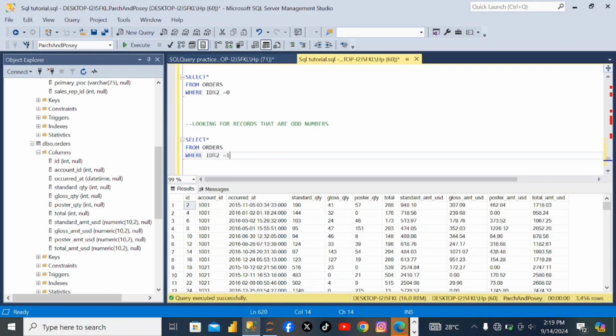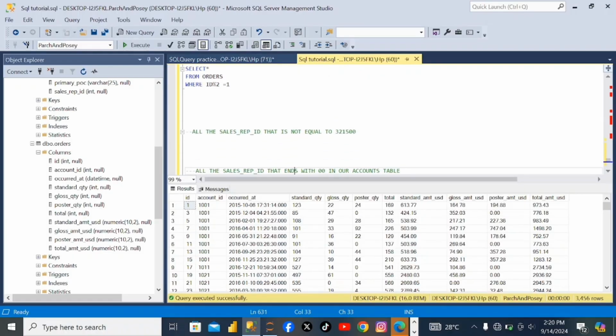Once you highlight and run this query, you should have a list of odd ID numbers. Okay, so we can see odd numbers start with 1, 3, 5, 7, 9, 11, 13. So we have solved that problem. So the next problem is,